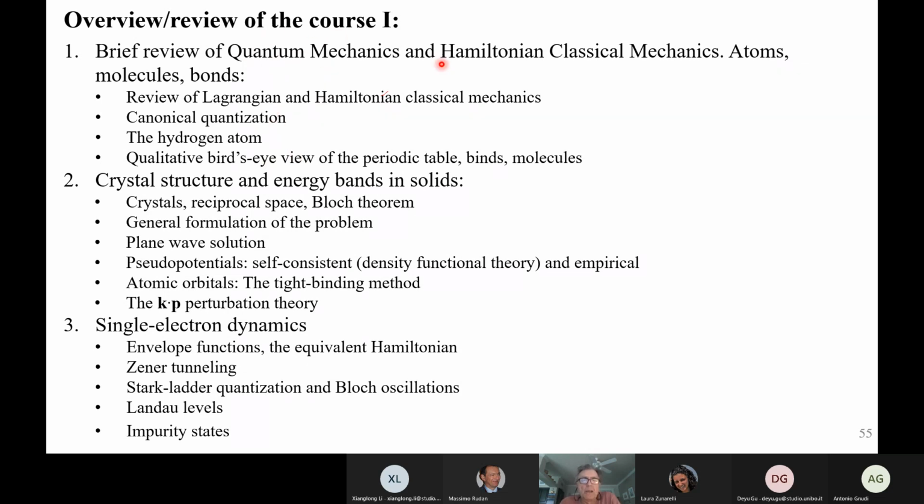We started reviewing quantum mechanics and Hamiltonian and Lagrangian classical mechanics, and then canonical quantization. We looked a little bit at the hydrogen atom, and we looked roughly, very sketchily, at the periodic table, another type of bonds, molecules, and so on. Then we moved to crystal structure, defined what a crystal is, what reciprocal space is, and looked at Bloch theorem. We spent quite some time formulating the problem, starting from, let's write down the glorious Schrödinger equation for the crystal,